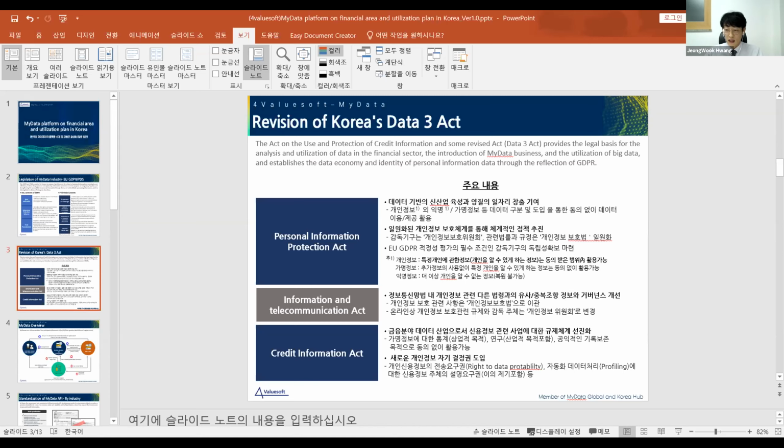These laws have been revised by gathering opinions from various experts over time. In particular, we put more effort into the areas of consent-based personal information provision, guarantee of autonomy, withdrawal of consent to information provision, and request for deletion.